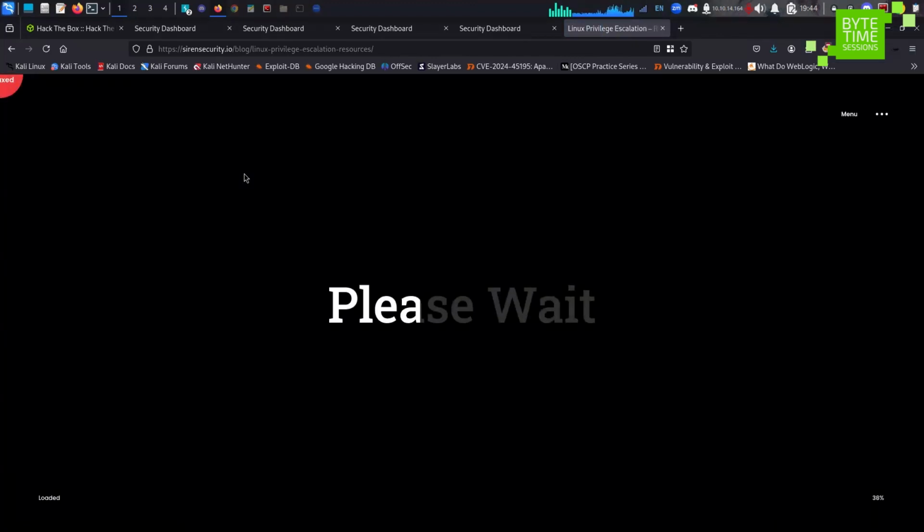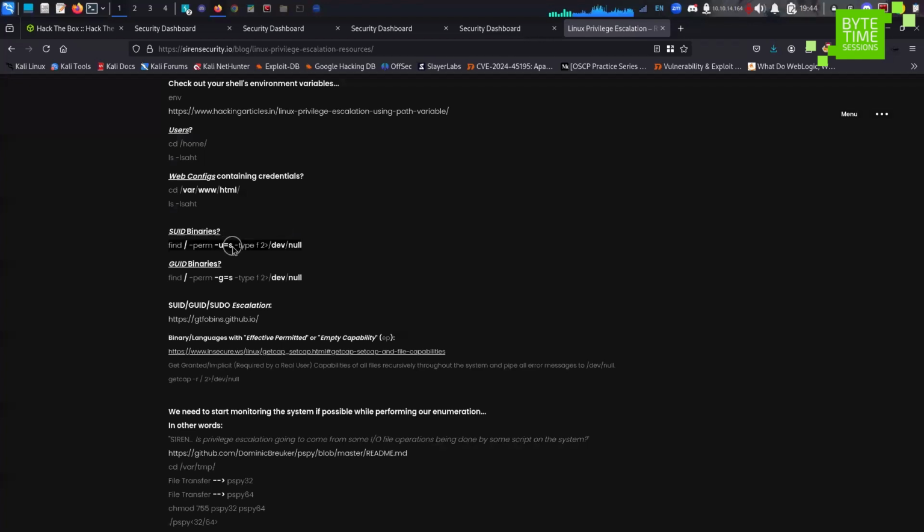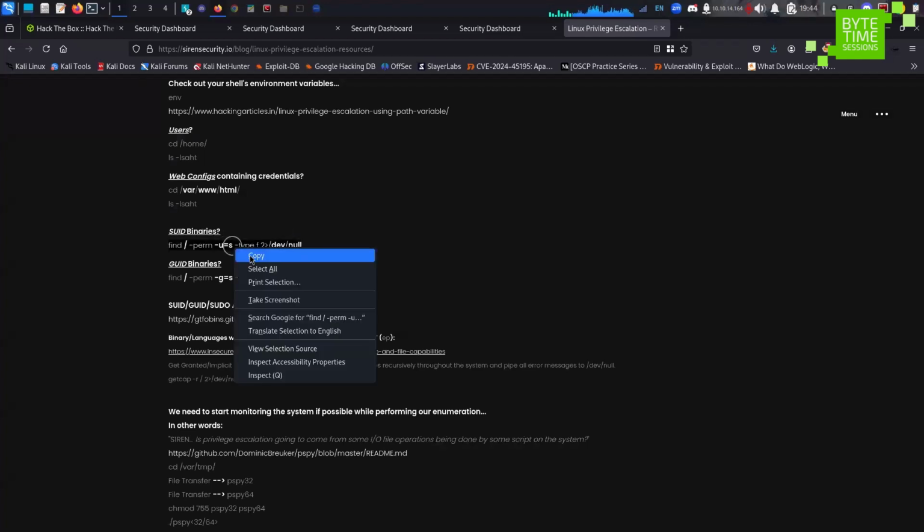Now, yep. So Siren security, Linux privilege escalation. Okay, Siren says we should wait a bit. I think now it's loaded, and then we can come down here to find SUIDs. Now, SUIDs is basically a